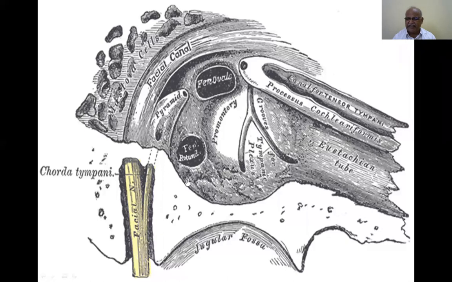If it is from toothache, a tooth extraction, or an abscess in the teeth or in the mandible region, or the temporomandibular joint, the TM joint, then the mandibular nerve is affected. So earache can occur due to the mandibular nerve. In some conditions, the vagus nerve and facial nerve can also be involved. So pain in the ear is not a simple matter. It has a wide variety of involvement.